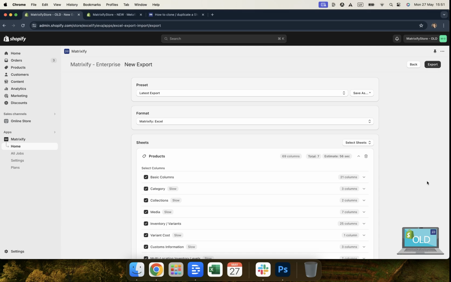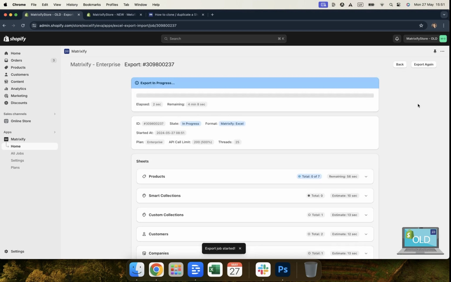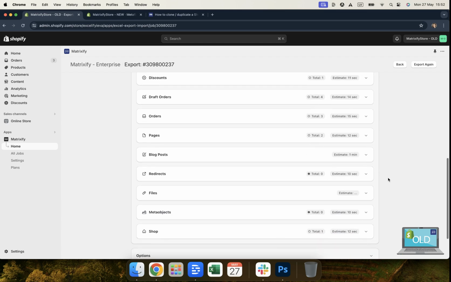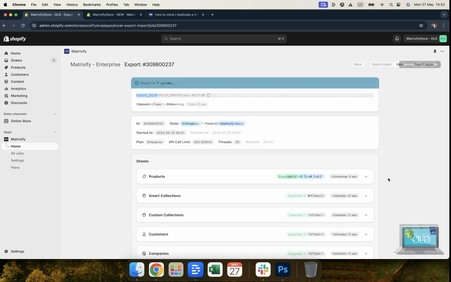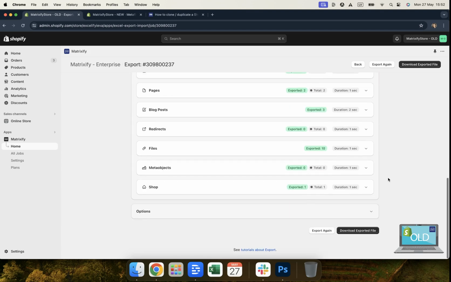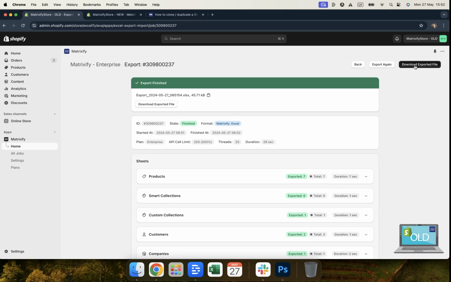So now that everything has been set up, we can go ahead and press export. Once you hit the export button, you will see that each entity is now being exported. So we just need to wait for that to finish. So now the export has finished, we can go ahead and press the download exported file button. Once we've pressed the download exported file button, we'll see that the file has been downloaded and we can see